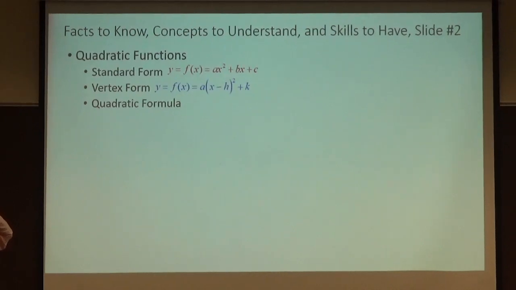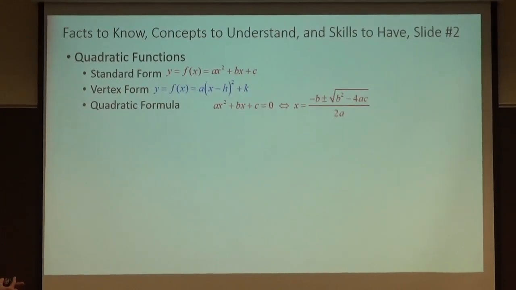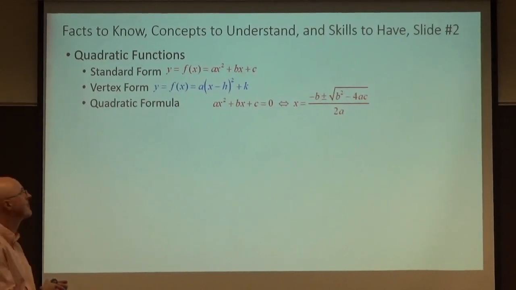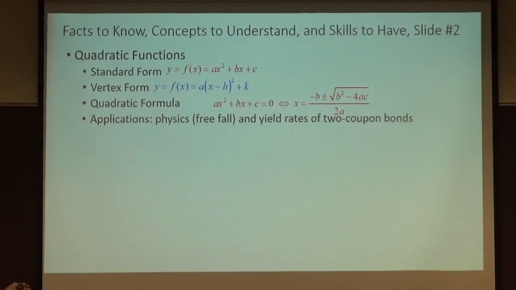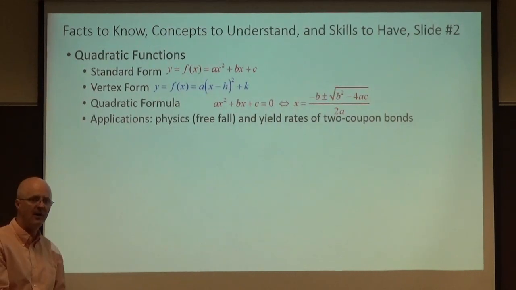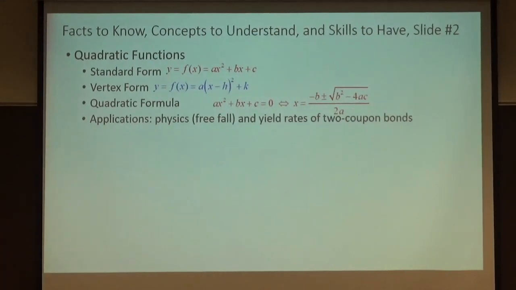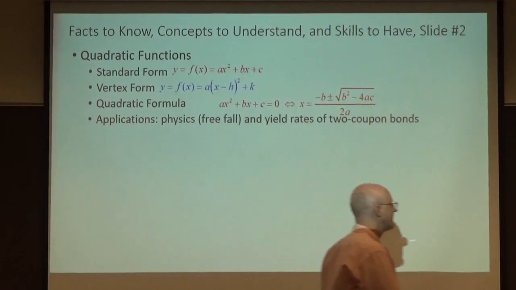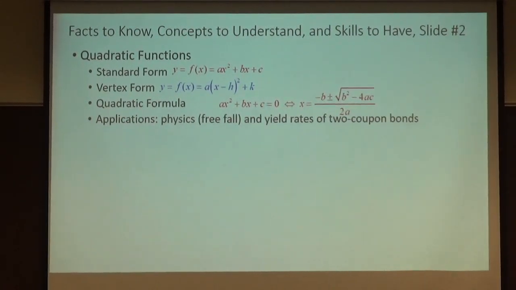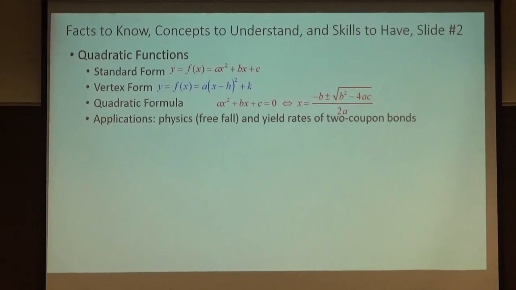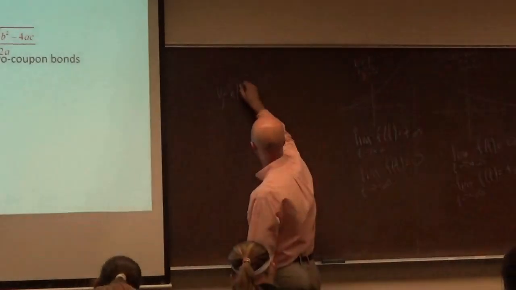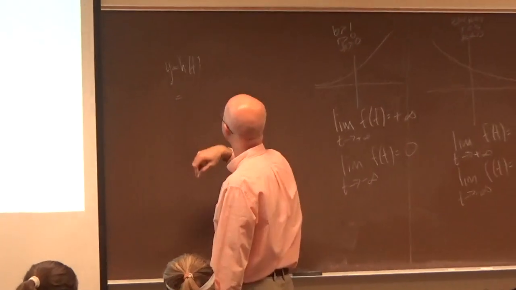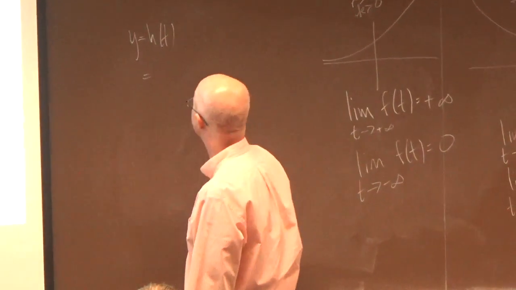Quadratic formula helps you find the roots when the function is in standard form. There's the roots. I will not sing the song again. You've seen this many, many times, I'm sure. And application. Physics, free fall. So the height of some object is a function of time. When you assume there's no air resistance or very little air resistance, then we'll get a quadratic function of time. We call it h of t for the height function, if you like. Or maybe h equals f of t, that might be better, but